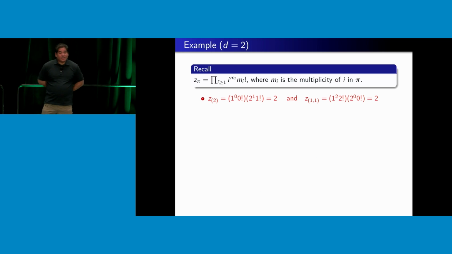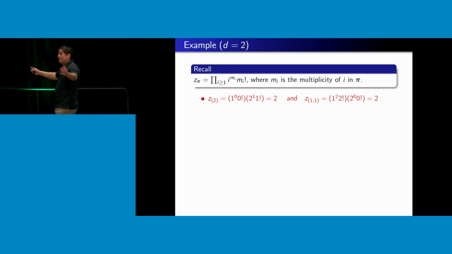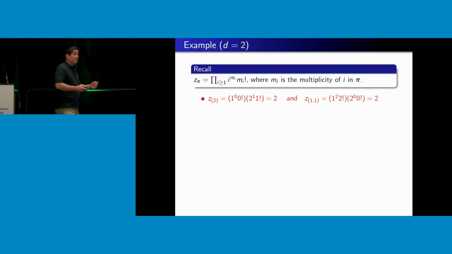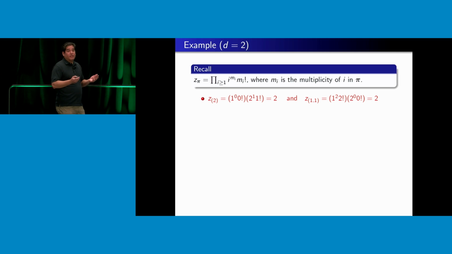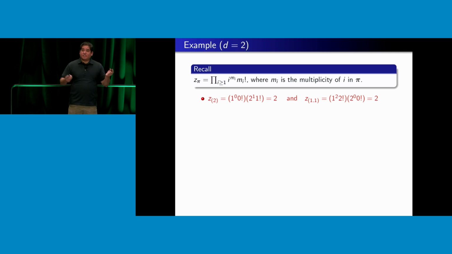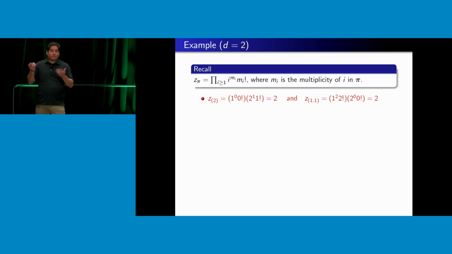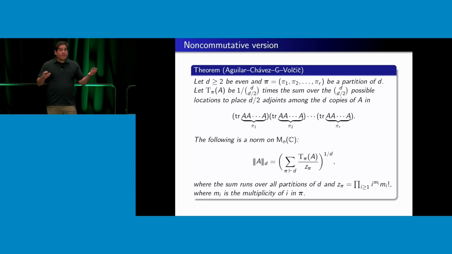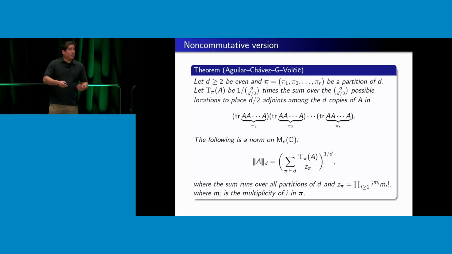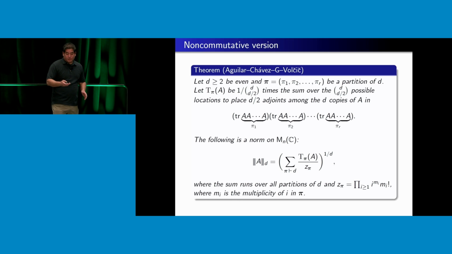And so let me do a quick example when d is equal to 2, because the combinatorics is essentially trivial. Because d equals 2, I don't have many partitions to play around with, right? So there are only two partitions of 2: just 2, which is not exciting, and 1 plus 1, which is not exciting either. So those are the two partitions I have to worry about. Why do I need to worry about partitions? Because in the definition of these weird norms, I have to sum over all possible partitions of d. And that tells you why I'm using d equals 2, because you get more and more partitions as d is larger.